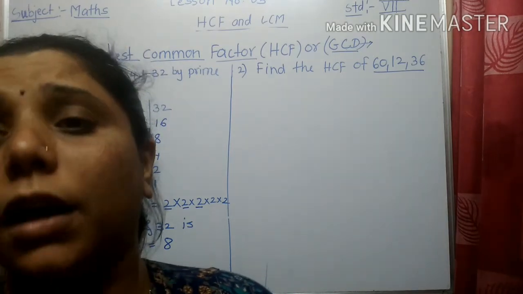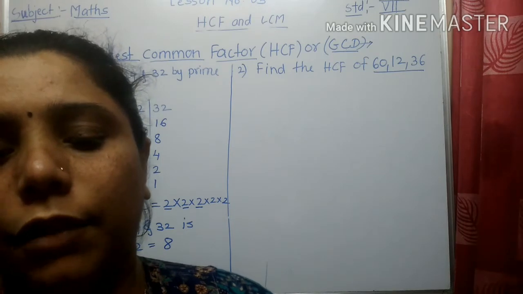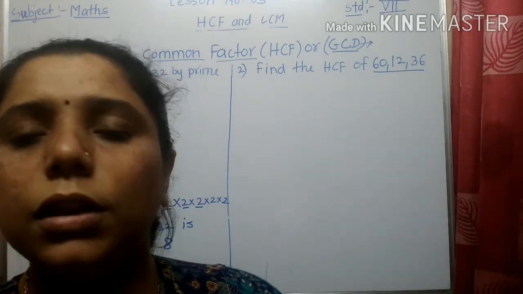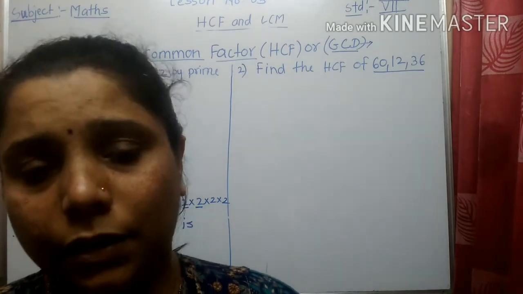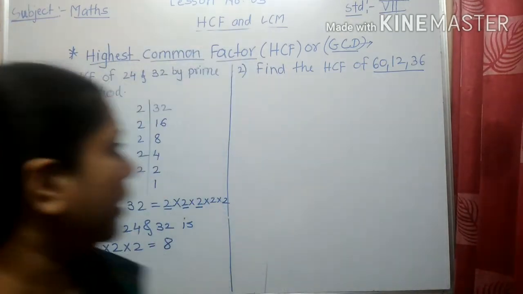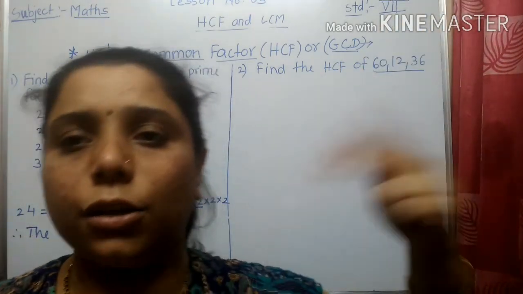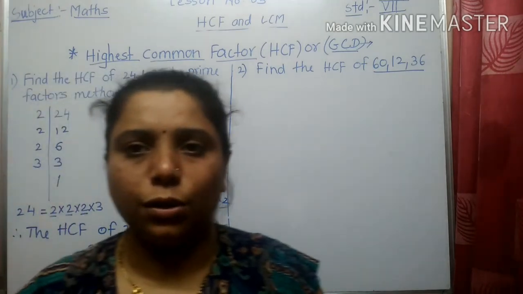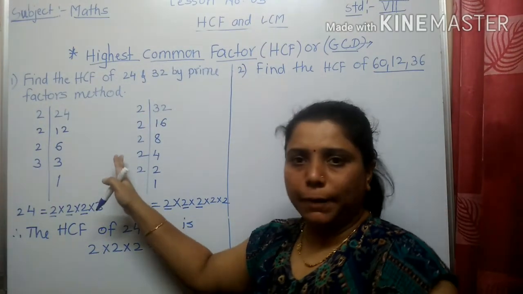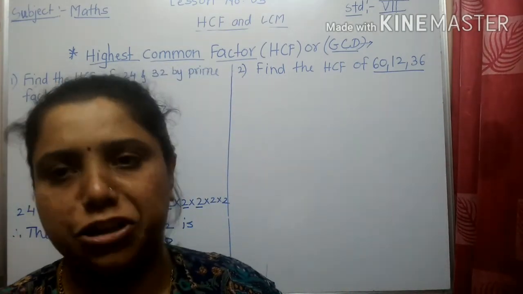Now let us work out this example in the vertical arrangement. For this one, we write all the numbers in one line. Now I am showing you another vertical arrangement. When more than 2 numbers are given, you can use it for 2 also. Same method you can use. But one I already explained to you. Now I will explain the next arrangement.